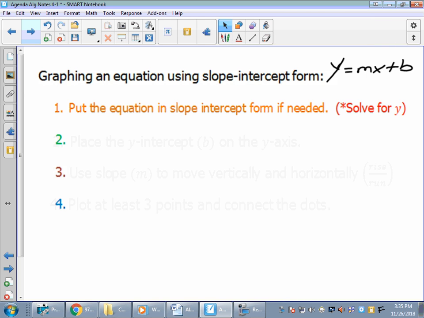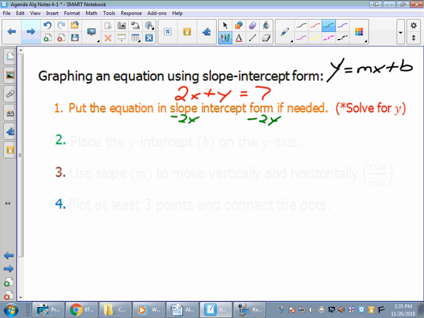So let's say we had an example where it was, say, 2x plus y equals 7, like in standard form here. We want to get it into slope-intercept form. In order to do that, I'm going to have to solve for a variable. In this case, I'm going to solve for y. And so what would we do? The easiest way would be to subtract 2x from each side. If we subtract 2x from each side, then I could easily rewrite it because I would isolate my y value, and I'd have y equals -2x